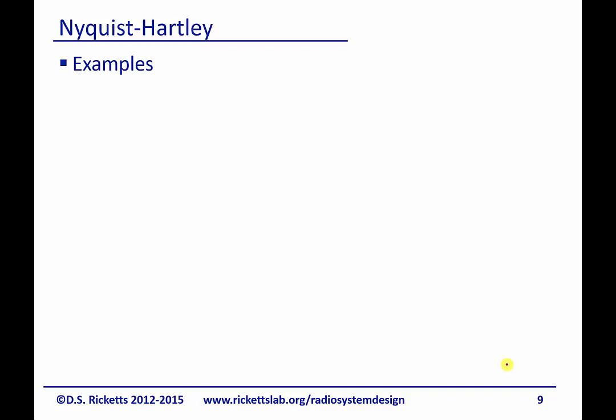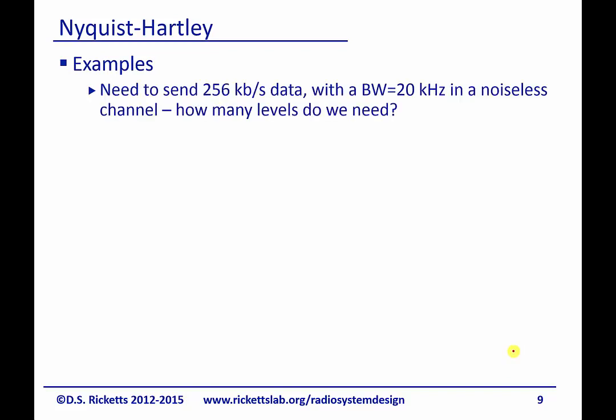So let's look at a couple examples of the Nyquist-Hartley. So let's say we need to send 256 kilobits of data with a bandwidth of 20 kilohertz in a noiseless channel. How many levels do we need? So we've got 256 kilobits per second. That's our capacity that we need. And so 2 times 20 kilohertz